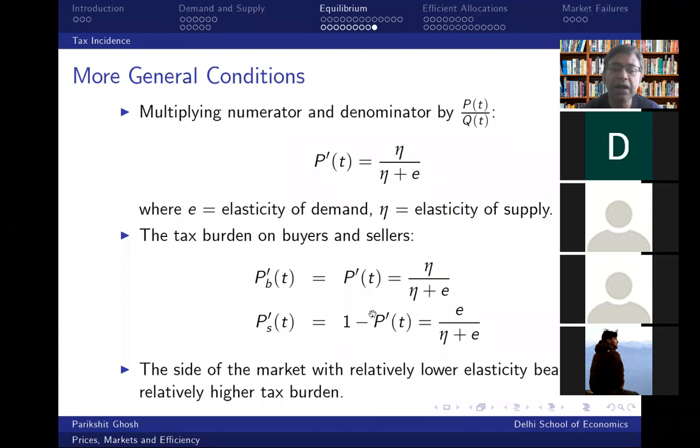As you can see, the general principle here is that the side of the market which has a relatively lower elasticity bears a relatively higher tax burden. If you look at the burden on consumers or buyers, nu is the elasticity of supply, and E is the elasticity of demand. So if E is very small,